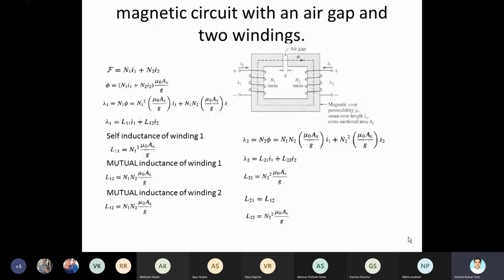So total MMF set up by the primary winding is, यहाँ पे जो प्राइमरी फ्लक्स लिंकेज है, that is due to its own flux set up by I1 current and also the flux provided by the current I2. ओके, तो यहाँ पे N1 phi I1 और N1 phi I2, मतलब जो फ्लक्स सेटअप हो रहा है प्राइमरी के द्वारा और जो फ्लक्स सेटअप हो रहा है सेकेंडरी करंट द्वारा, ठीक है। तो यहाँ पे क्या बनेगा, N1 phi I1 प्लस N1 phi I2, तो phi I1 कितना हुआ, ये हो जाएगा N1 I1 अपॉन रिलक्टेंस, और phi I2 कितना हो जाएगा, N2 I2 अपॉन रिलक्टेंस। क्लियर,